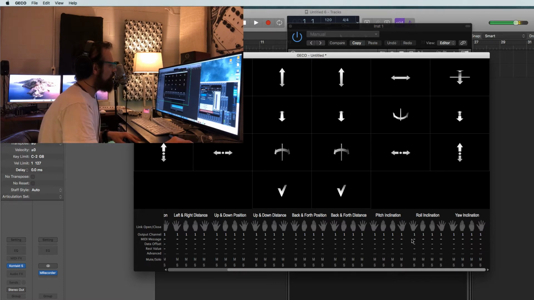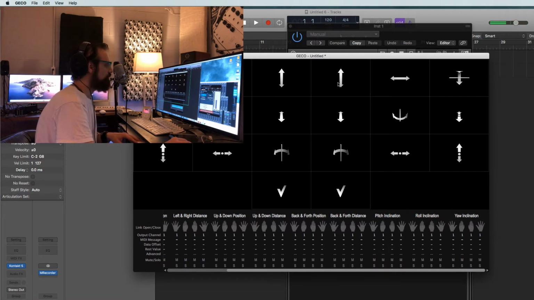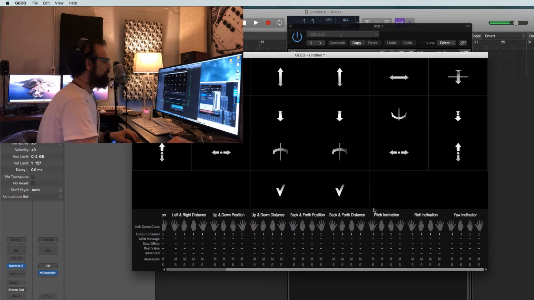So output channel, so MIDI message. Let's just do CC1. Roll inclination. Okay, 0. This is one of the things that these people from GECO should be making easier software-wise, because we just want to touch something and change it as opposed to figuring out what those icons mean. And I'm sure there's a manual and a lot of forum posts about this, but anyways,